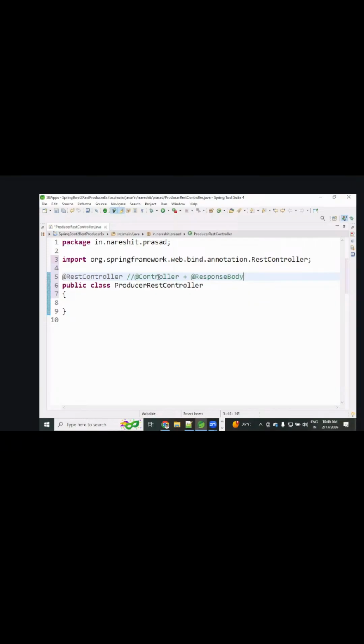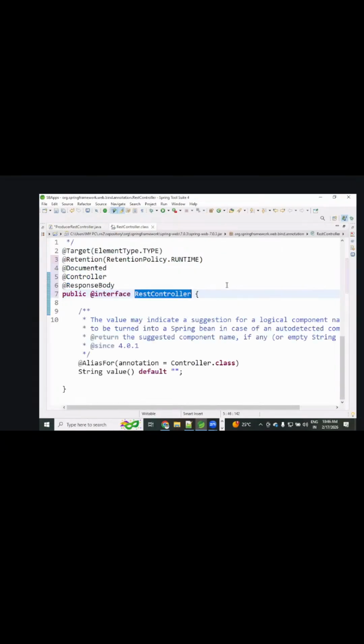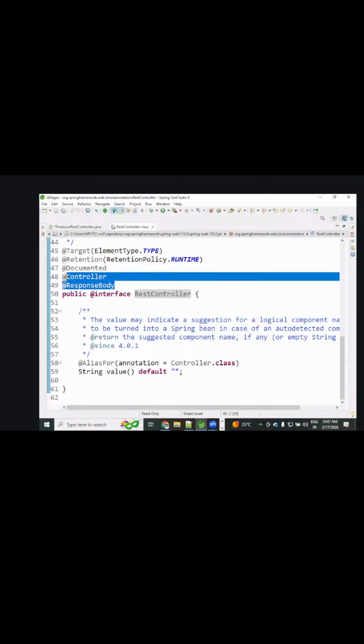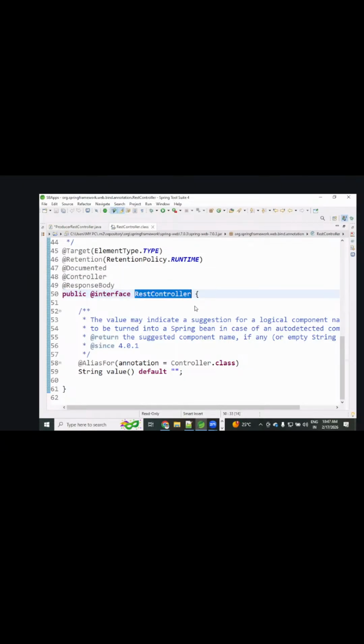These are the two annotations that will be there as part of the REST controller. Okay, you can check it out. Controller, response body. Okay, now, right. See the REST controller, it is an interface.